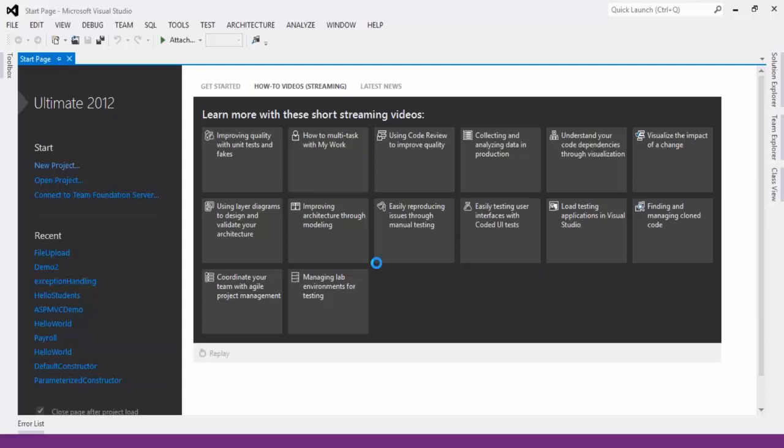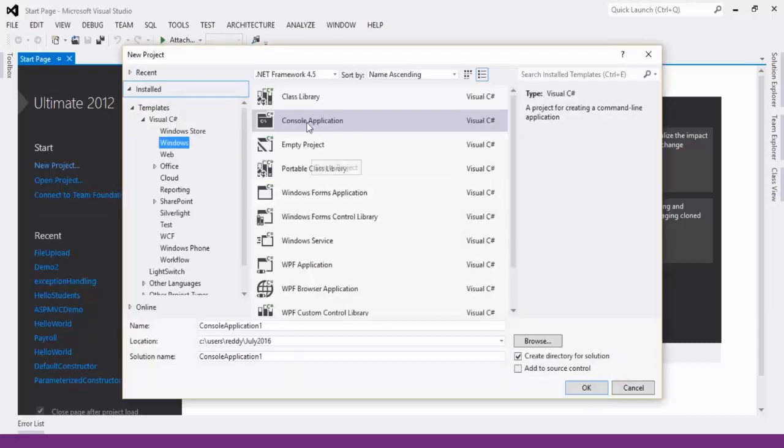Let it load. It will take a few seconds. Yes, see here, a console application is there.